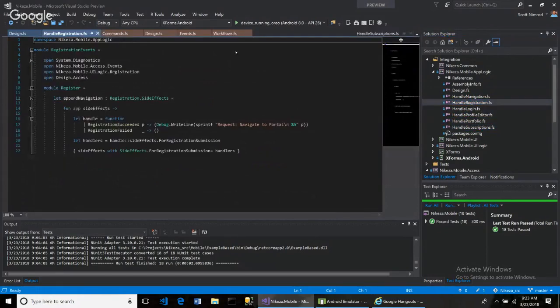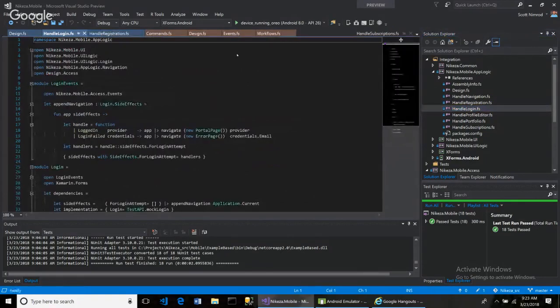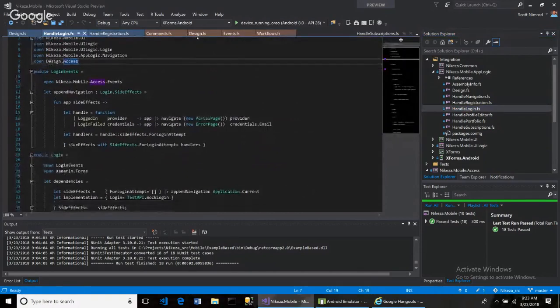If we look at the very first one, which is going to be more likely when someone registers, then we see... what's this right here? I didn't implement this one fully yet. I think login is probably a better example. If we look at handle login, then we'll see that